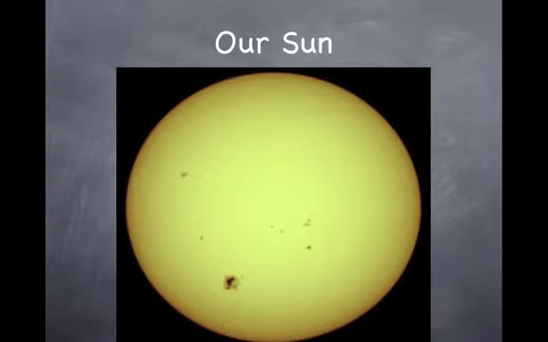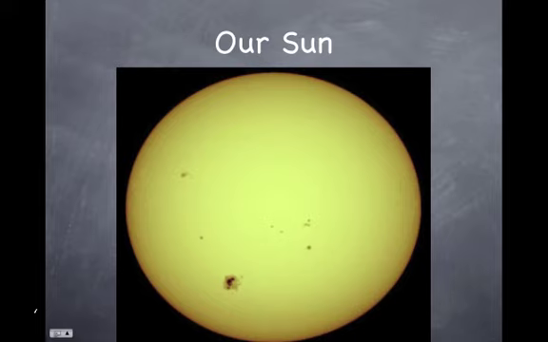Alright, today we're going to talk about our sun. Now, our sun is just a star. It's like many other stars in the universe. It's actually a medium sized star with medium temperature, with medium energy output, so it's not that unique. What is unique, to us at least, is without the sun, there is no life on Earth.